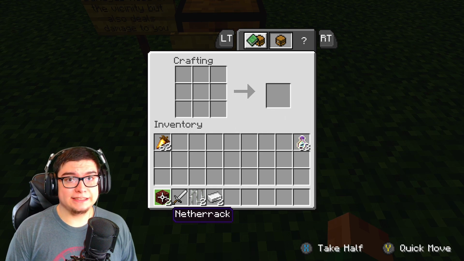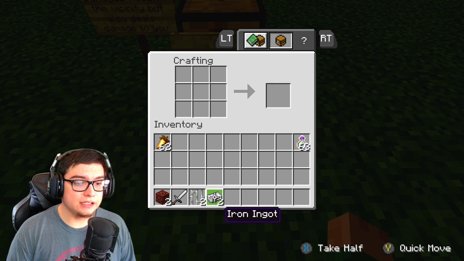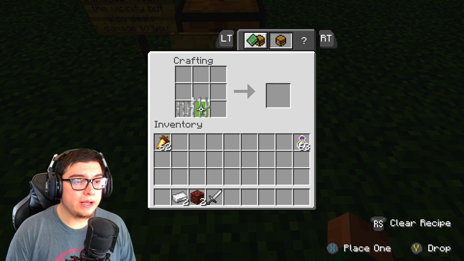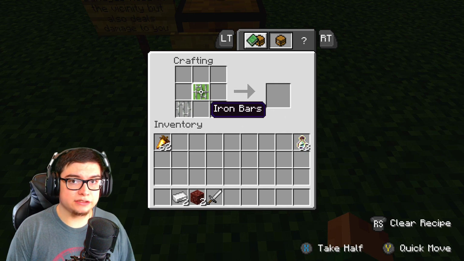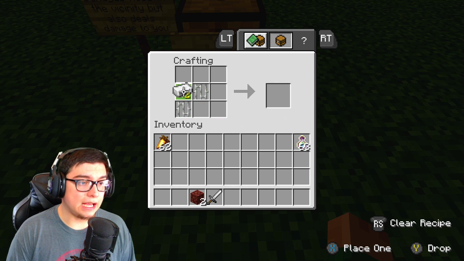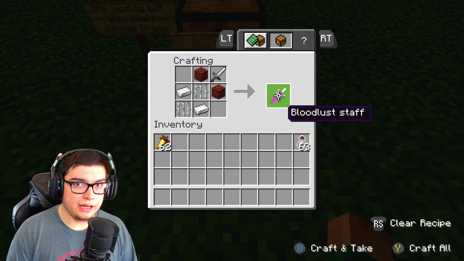Now, for the Bloodlust Staff, you're going to need 2 netherrack blocks, an iron sword, 2 iron bars, and 2 iron ingots, and the recipe to make the Bloodlust Staff. By the way, I will link DakonBlackRose's CrazyCraft recipes in the description, but to craft the Bloodlust Staff, the recipe goes as the following. Put the ingredients in this order as shown on screen,